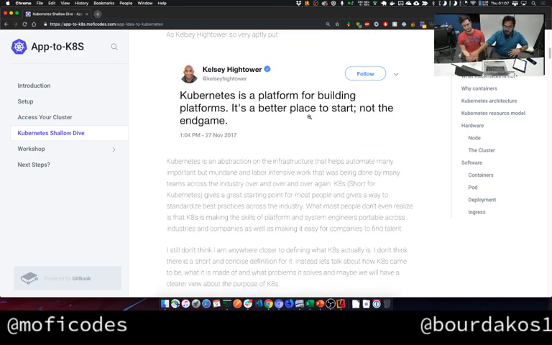So this tweet right here by Kelsey Hightower is one of the very core things I want people to understand when they talk about Kubernetes. Many people think, I have an application, I'm going to put it on Kubernetes, bam, done, happy days, we're going to go home. But for most people, that's not the end of the story,